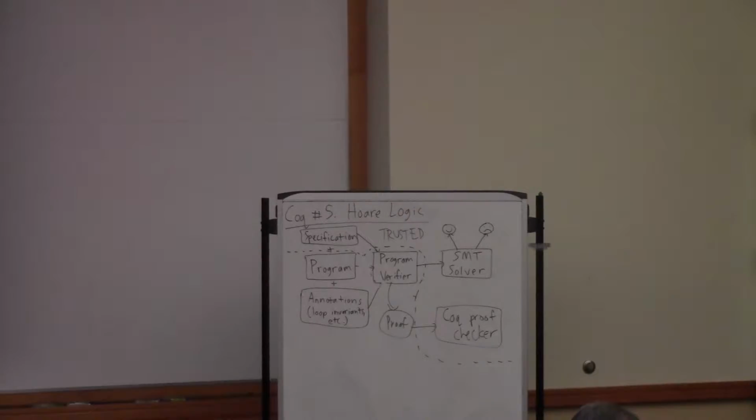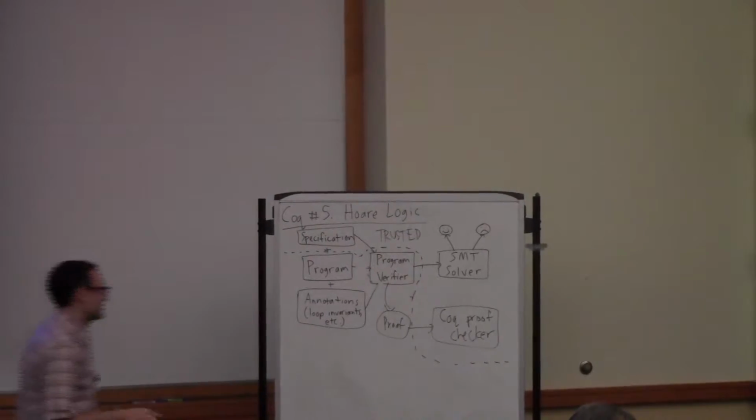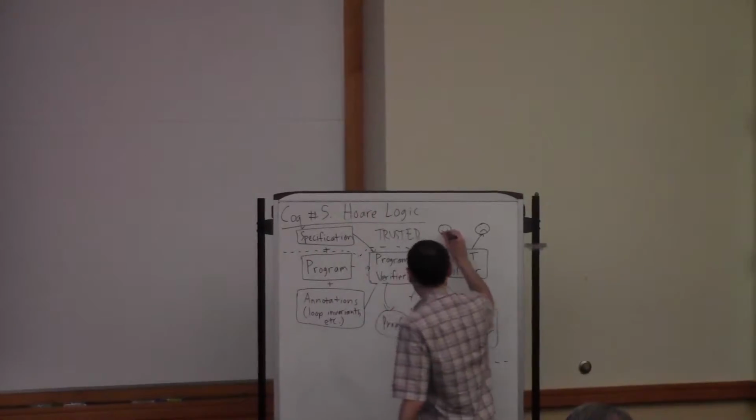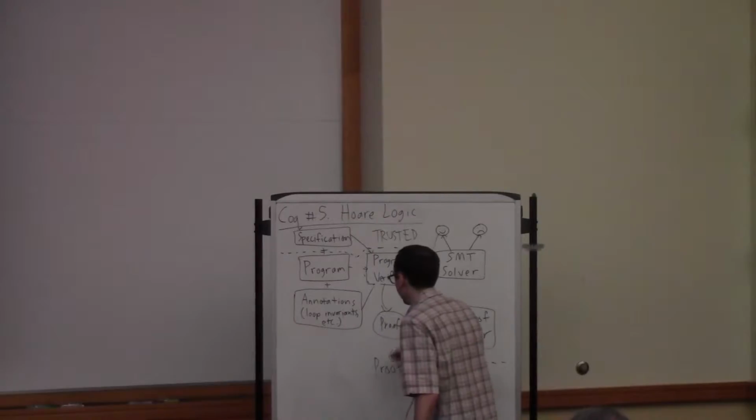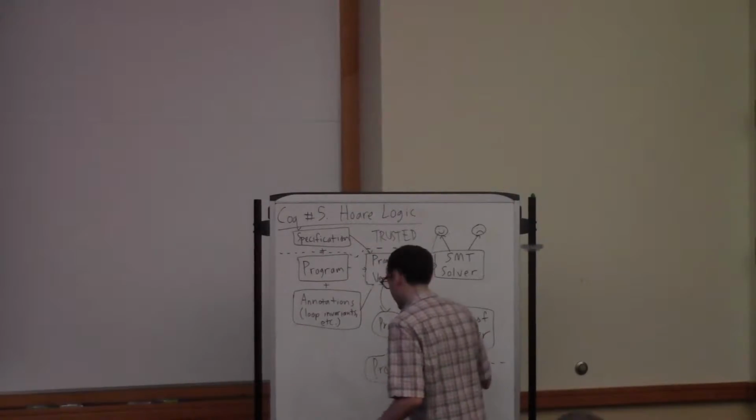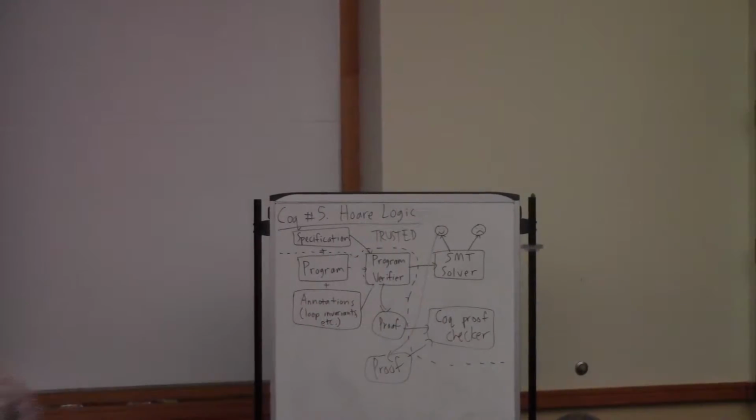Any other ideas for how to shrink the trusted code base here? Yeah. We could verify the SMT solver, but there's a simpler version of that, which is let's take the yes answers and have those come along with proofs that the SMT solver is generating. And then given that, we can,